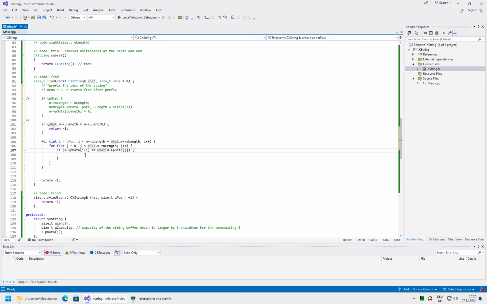That would be one approach. So you need somehow to communicate the state of all the comparisons to outside the loop.